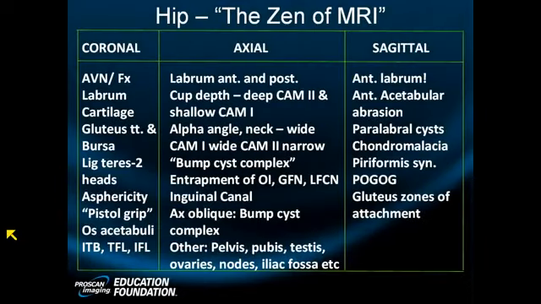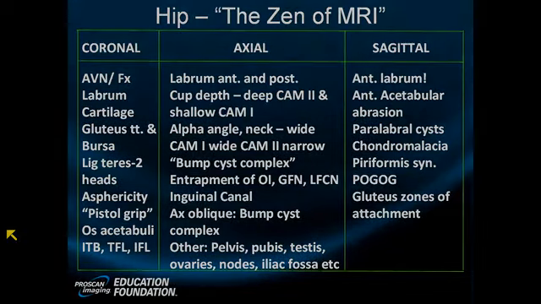So we're on to the hip now. Instead of breaking up the hip into clinical, imaging, and other, I've broken it down into projection: coronal, axial, and sagittal. I like to get my hips with at least one bilateral snapshot, usually a T1,